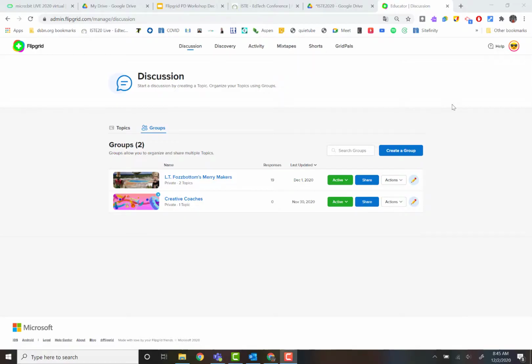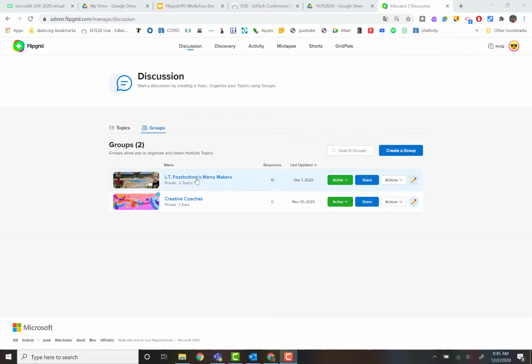The next step in your FlipGrid journey is how do you organize it eventually? Because you're doing such a great job having kids respond and add topics and grids and everything, eventually that's going to get built out really large and you're going to want to organize it a little bit better. So the number one thing we said was treat your groups as if they're subjects. So this could be math, this could be literacy, and then with each group or subject, you're going to have